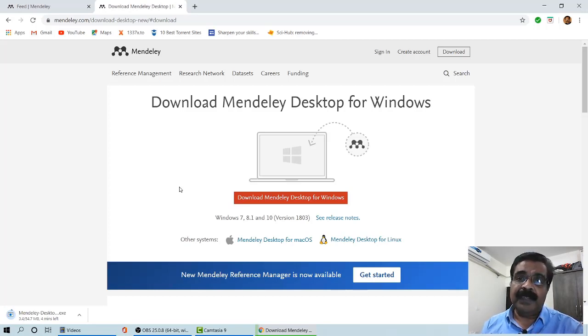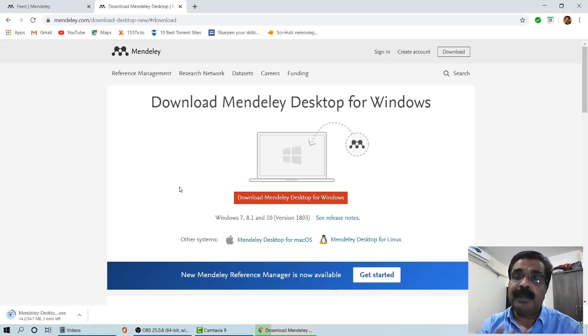What this software will do is it will get installed in our system, and then we can use it from our system and search for literature and save it. You can use it for many things, and later when you stop working, you can just click on the sync button so that everything gets uploaded into your online facility. What is the meaning of it? It means your research can be done from any place because it is available online. The moment you open Mendeley on your desktop from anywhere, if the system is connected to the internet, everything gets downloaded to that system.